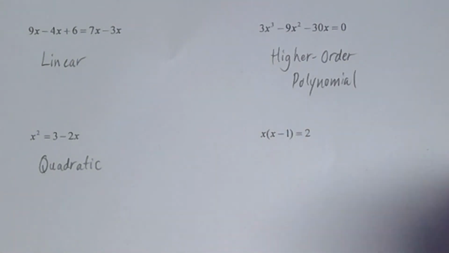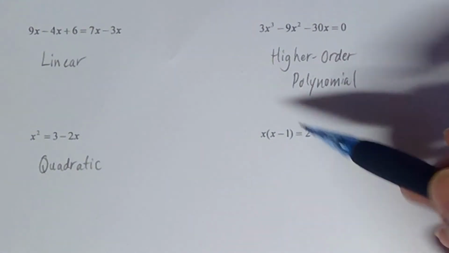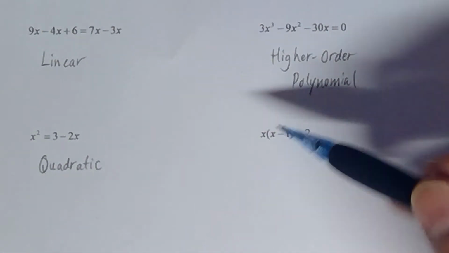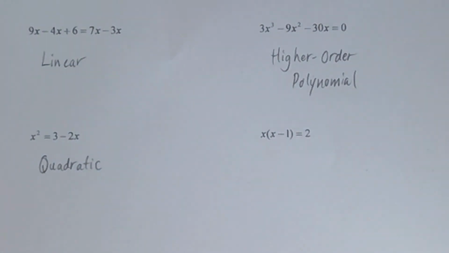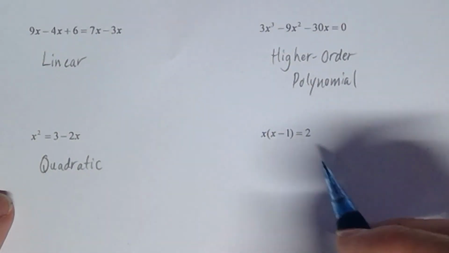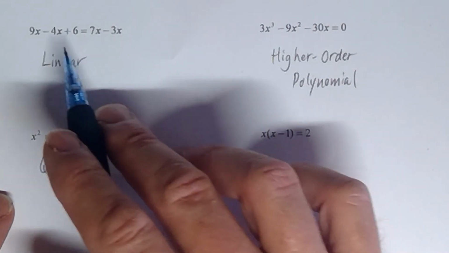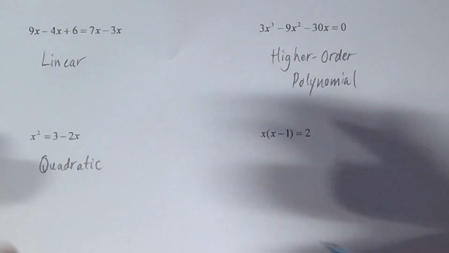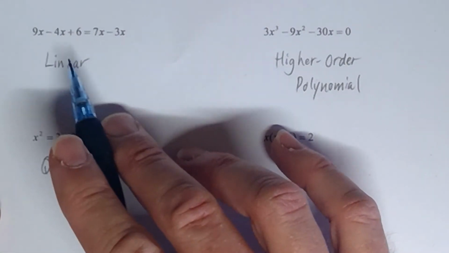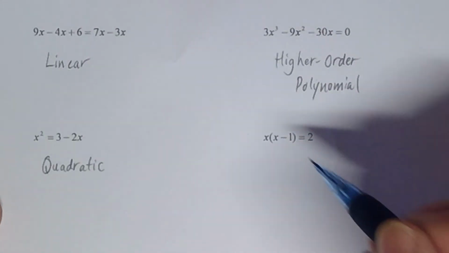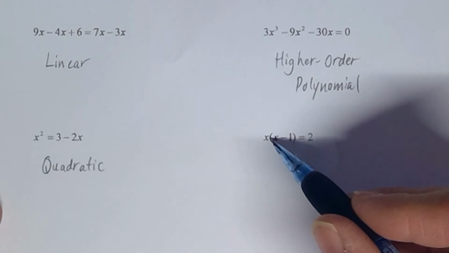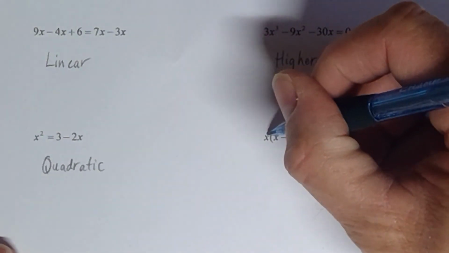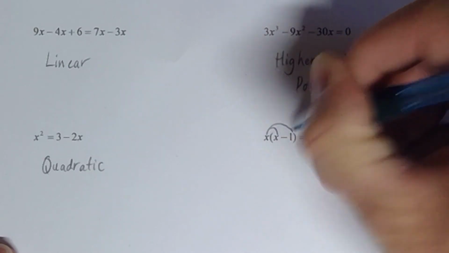So then what does that mean for this last one here? When you first look at it, you're thinking, hey, wait a second, that looks linear because I only see x to the first and x to the first, just like over here. But remember what I said. Figuring out the highest exponent attached to the variable is based on the assumption that you have a polynomial on each side. When you have the parentheses with something multiplied by it, that's not a polynomial yet. You can make it into one, though, by distributing out the x here.